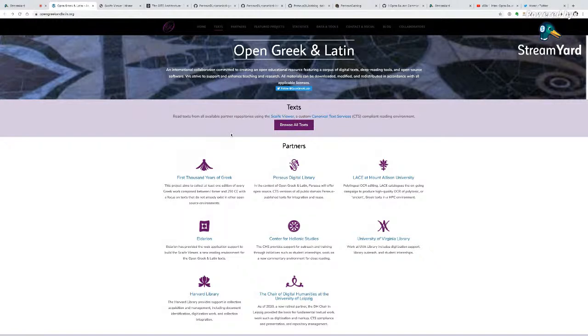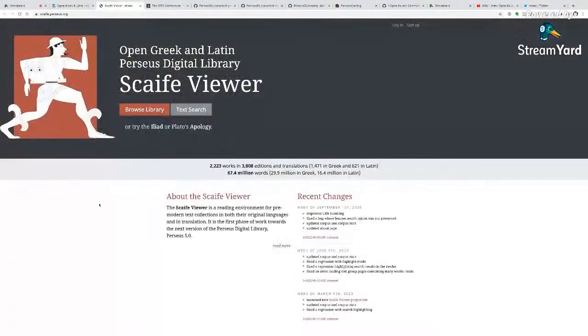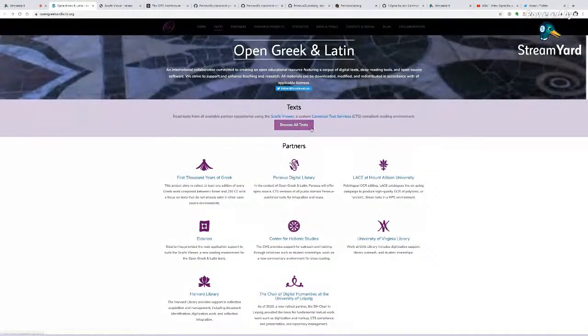There are two important links here in the web page of Open Greek and Latin, where you have a link to the Scaife viewer. I'm mentioning this because this is a new reading environment for reading and also for annotating text produced by Perseus and by Open Greek and Latin, and also for getting information, for example, about the morphology and the syntax of these texts. And then also another link here, Canonical Text Services. I'm not going to talk about this, but this is a project for producing canonical citations and unique identifiers of classical sources, which are, of course, fundamental for many different purposes.